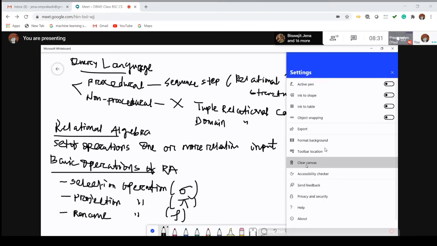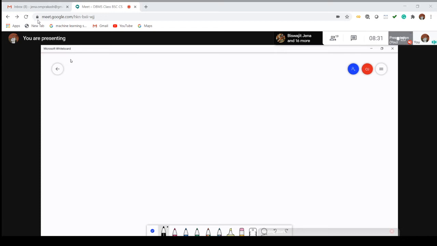Okay, so the first one is the selection operation. It is denoted by the select symbol.